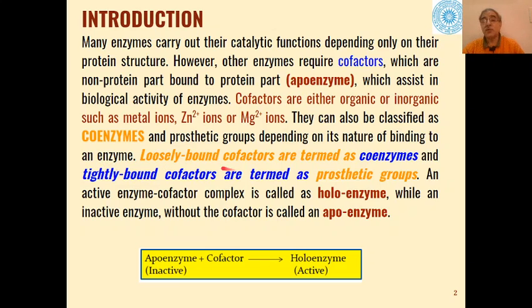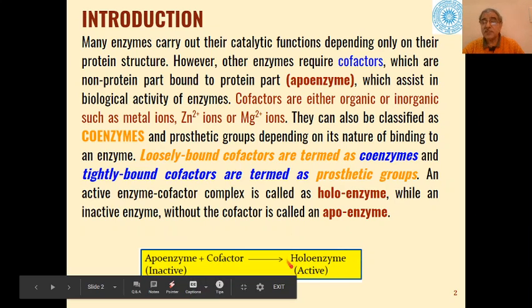Now if the cofactor is loosely bound to the enzyme, then these are called coenzymes, and if the cofactor is tightly bound to the enzyme, then we call it prosthetic groups. So in this chapter we will be dealing mainly with coenzymes, where cofactors are loosely bound to the enzymes, and